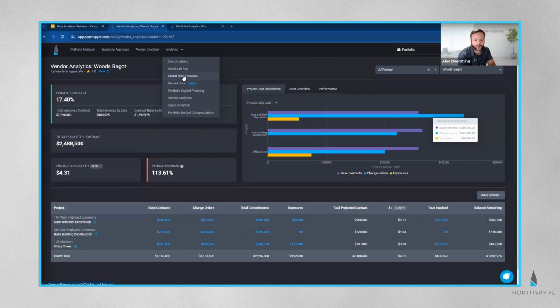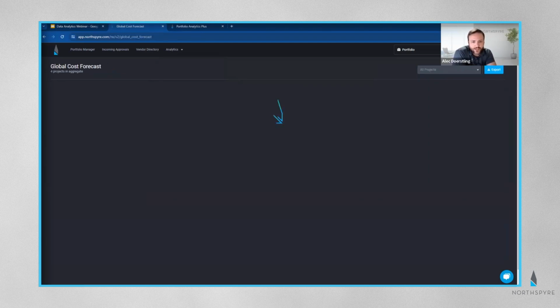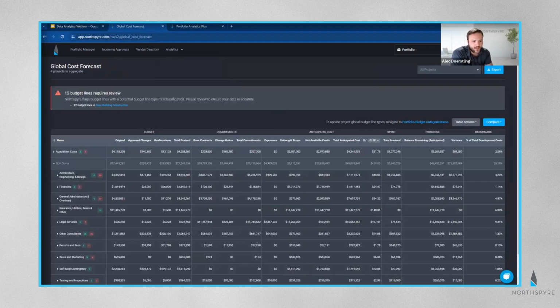Before I get to global cost forecast, this is one of the items that is part of our Portfolio Analytics Plus suite. It will not be showing up if you only have a pro license, similar to how cost analytics and vendor analytics will show up. But if you choose to add this on, I want to walk through what you have. Global cost forecast is essentially your ACR for your entire portfolio. Doesn't matter what the names of the budget lines are, doesn't matter what projects they're a part of. You can always look at where you stand for your entire organization, all of your development in one place with